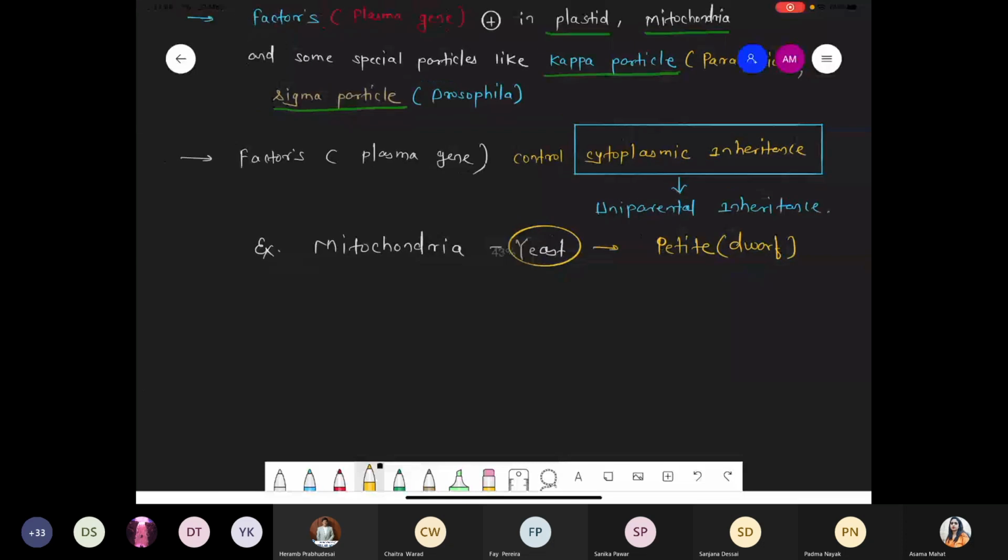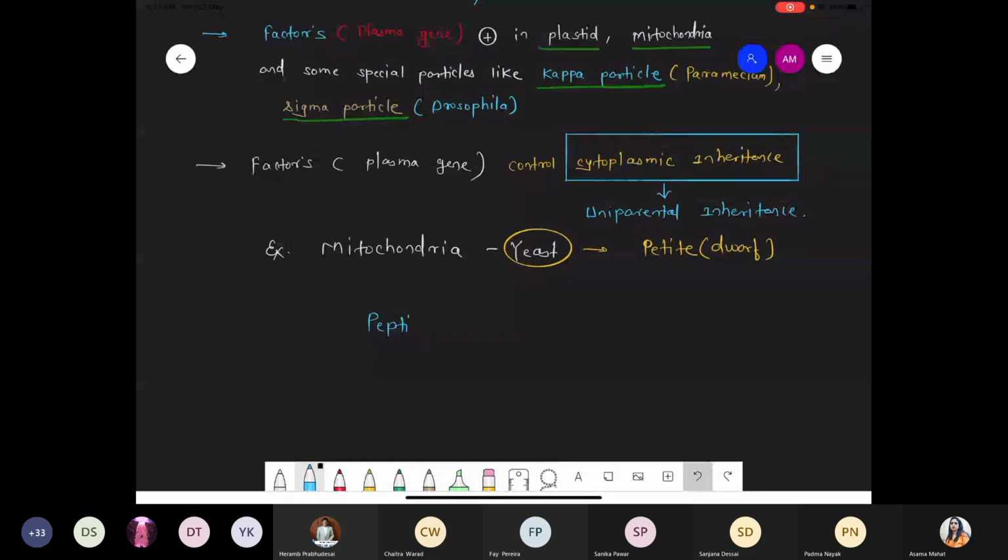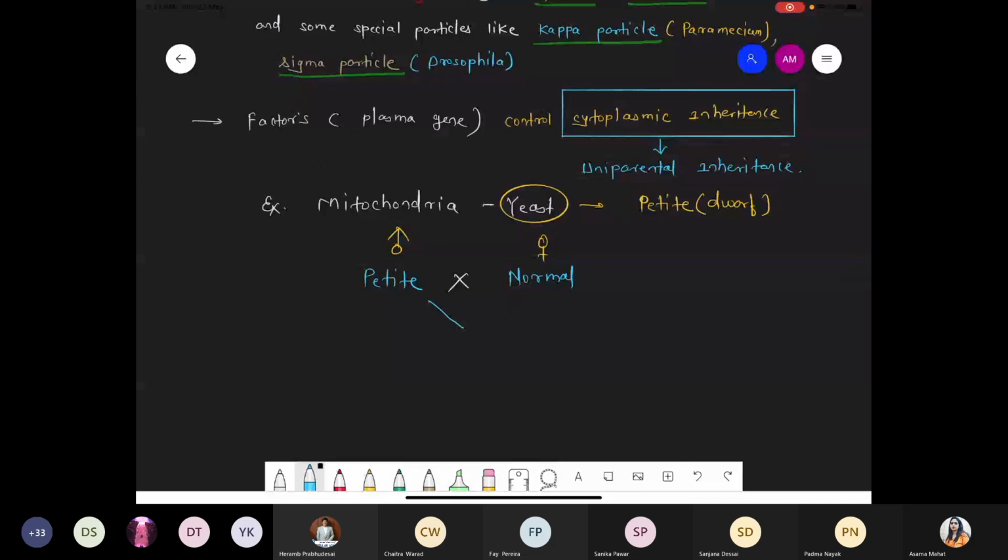Normally, suppose we are talking about the presence of two parents. Suppose the father is peptide, so the father has peptide mitochondria, and now they cross with the normal female, right? Now you know very well, when there is a cross, a hybrid product will be produced. Peptide means dark height, and normal means normal height. So when you talk about the expression, generally in F1 a hybrid product will get developed.